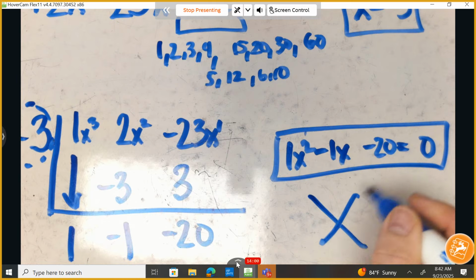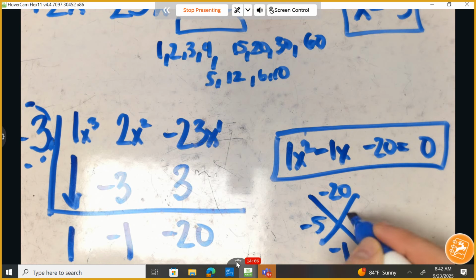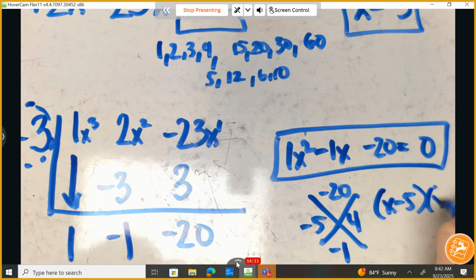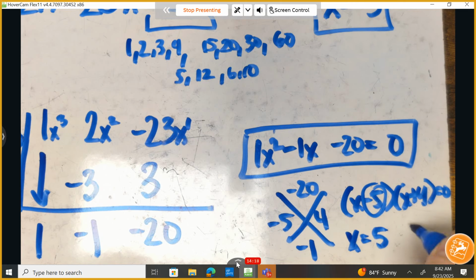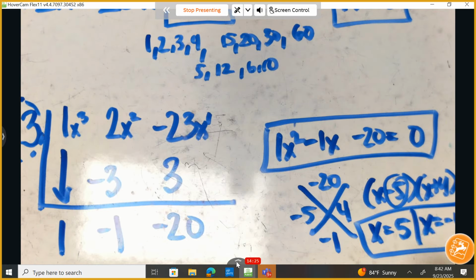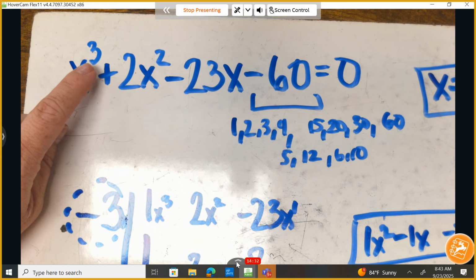Let's check. What multiplies right now to equal -20 and combines to give you -1? That's going to be a -5 and a 4 if I'm right. Good. So x minus 5 and x plus 4 equals 0, which makes x equals +5 the solution and x equals -4. So here's 2 of my solutions, and as a reminder, we already determined that -3 was the third solution. Now, how did I know there was going to be 3 solutions? I knew there was going to be 3 solutions based on the